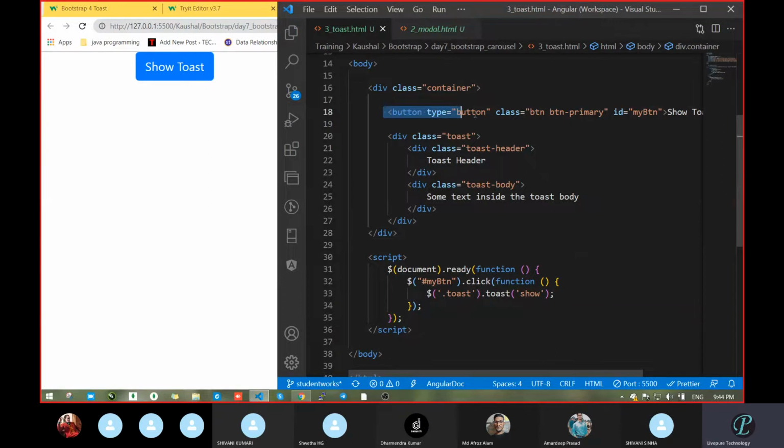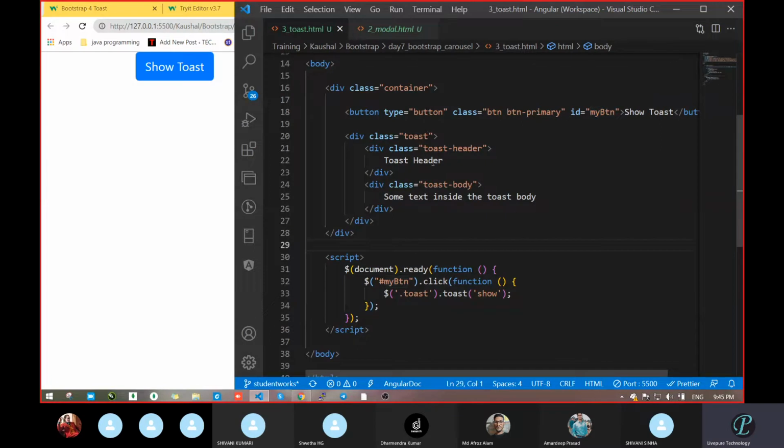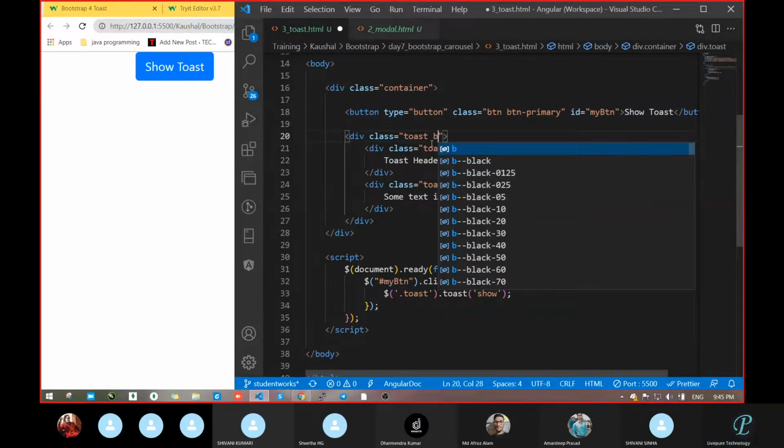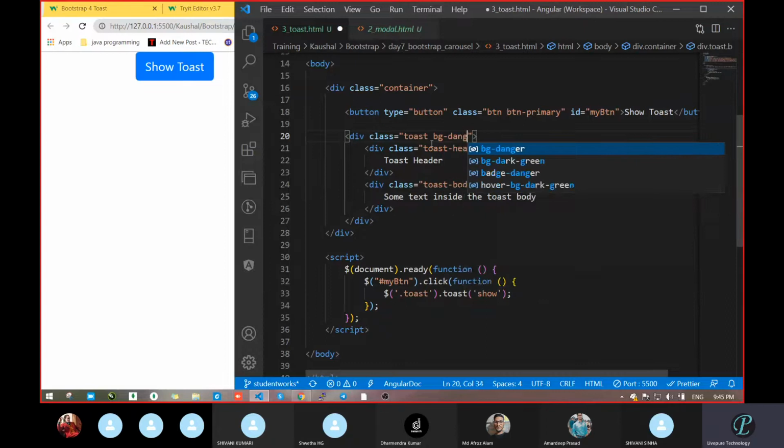So what is the code? This is just a normal button, class button is there, then ID is there. What is the use of ID? Here we have taken an ID. Is there any reference? Yeah, reference is there. Let it be. You will not get that idea, but let it be this script tag, not an issue. But here we can use bg hyphen, sorry, bg hyphen dinge.